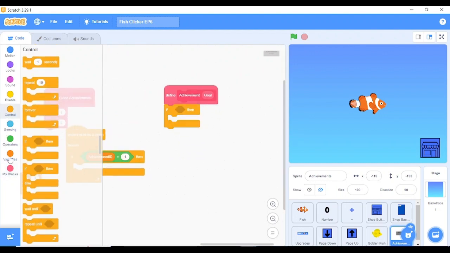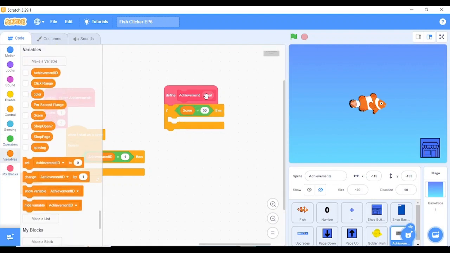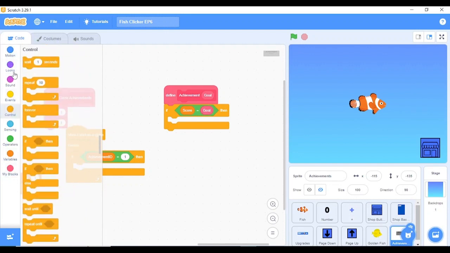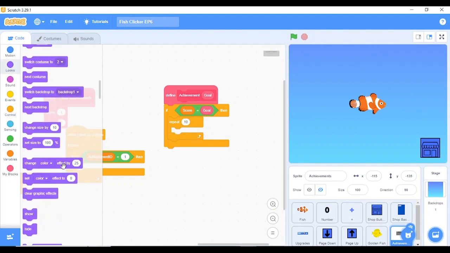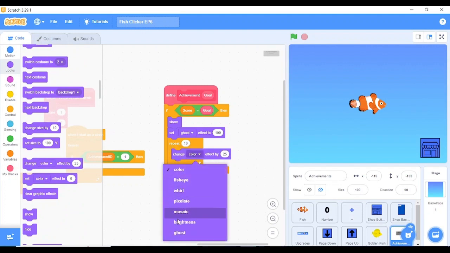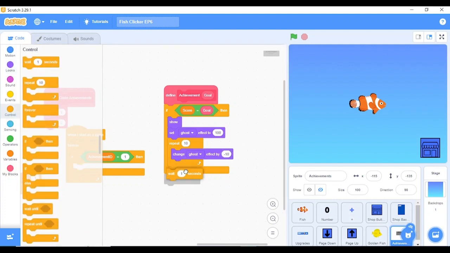So basically if the score is equal to goal, then we want to do an effect. Take a repeat 10 block here, and before that we just want to set the ghost effect to 100, and we'll show in the beginning there. Then inside the repeat 10 we'll change the ghost effect by minus 10, and then after that we'll wait for 2 seconds,